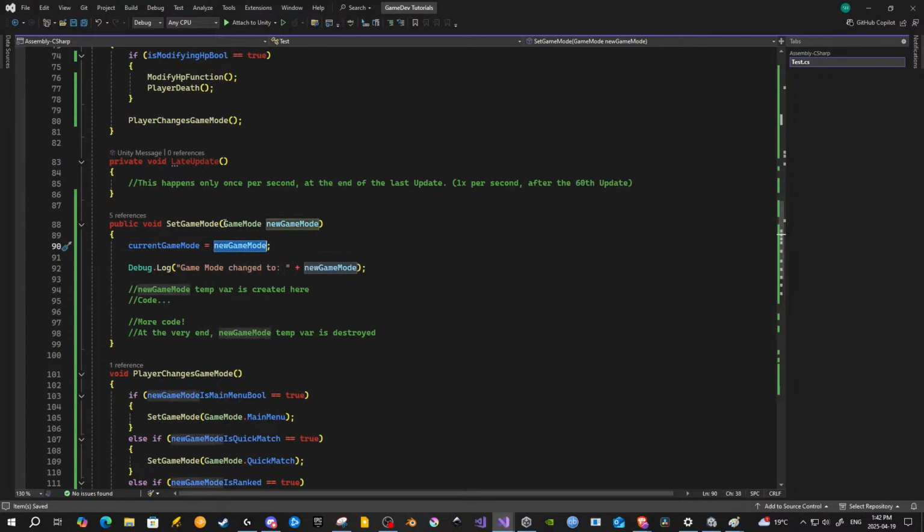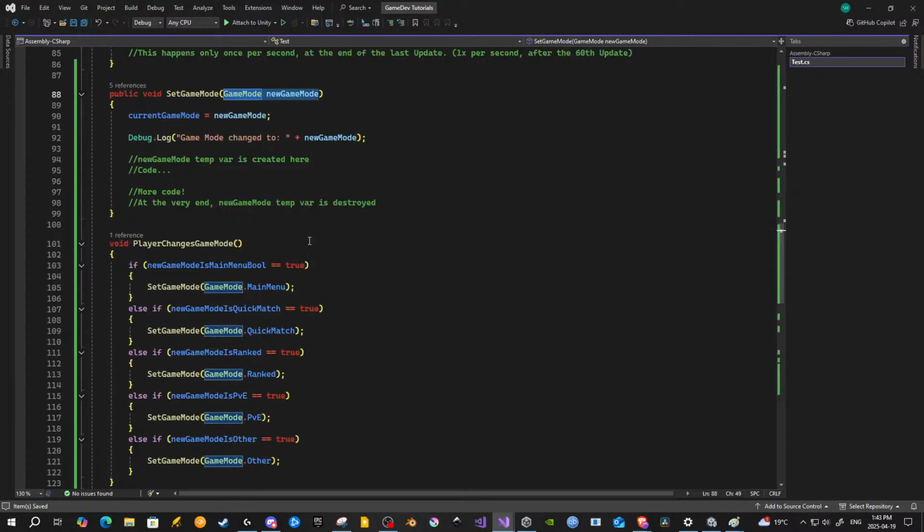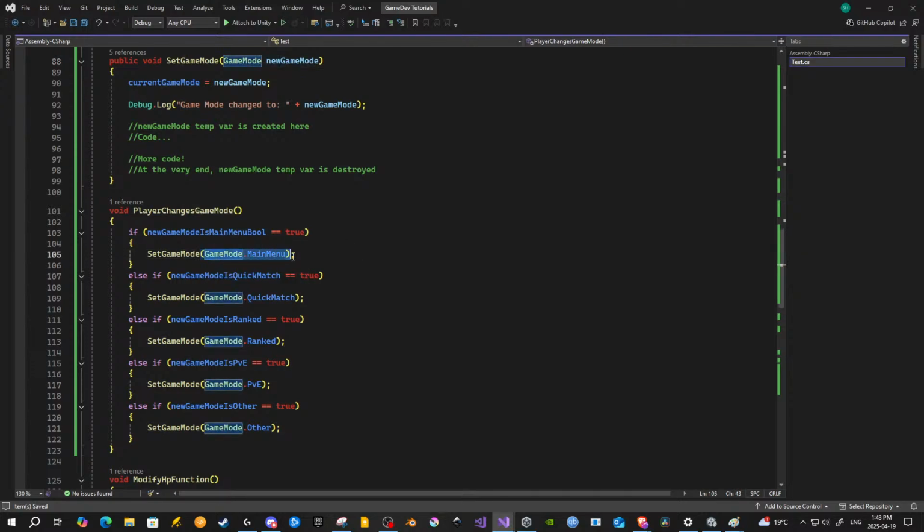And this one is another instance of a variable of type game mode whose value, okay, so this thing's value gets changed here, right? So here when you see set game mode,